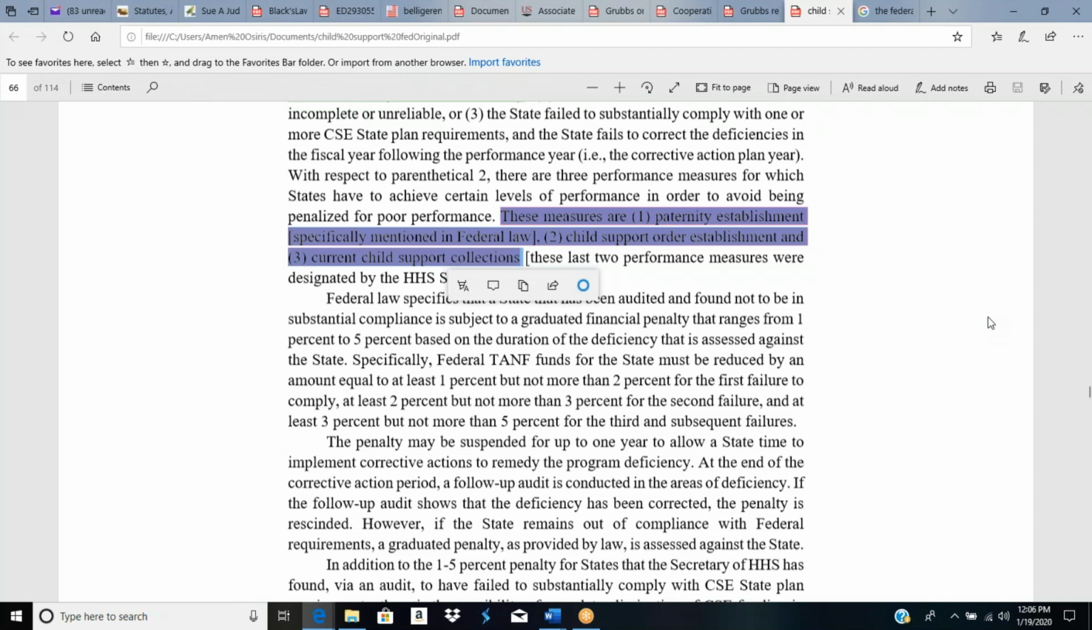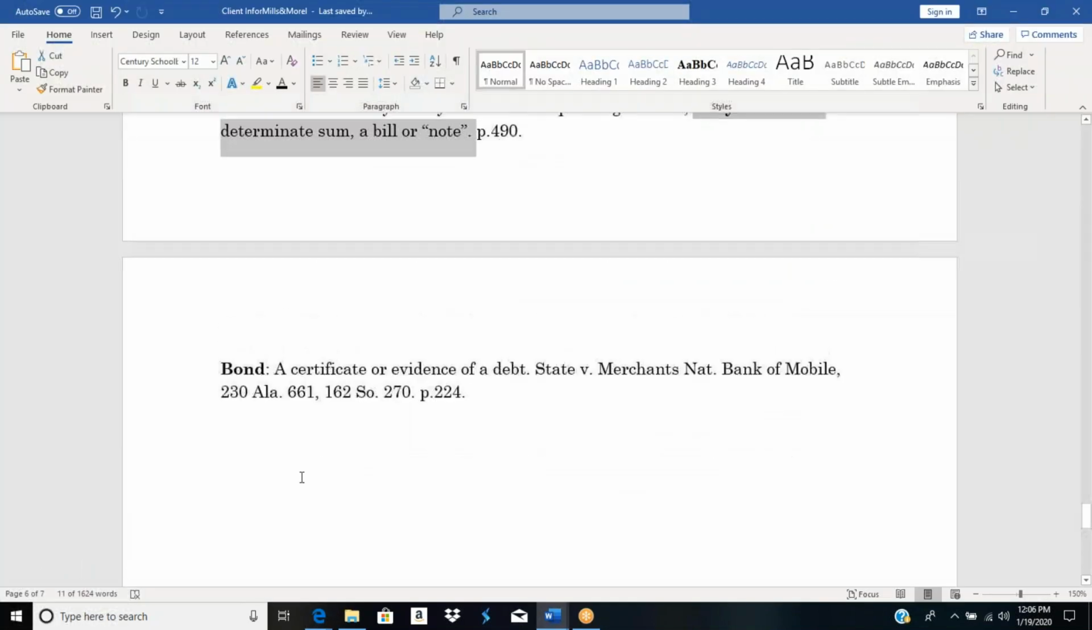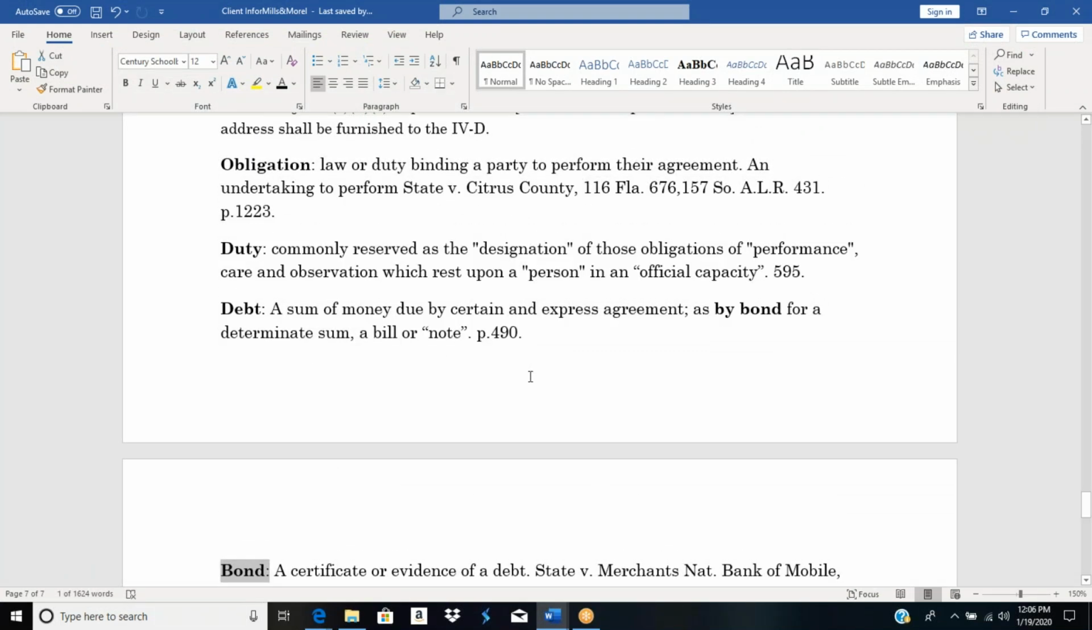And they must meet these quotas because why? These are loans that they took out. You're paying back their loans. Okay? They're all bonds. It is a debt. So, the reason they have to establish paternity, without paternity establishment, gentlemen, if you really look at it,